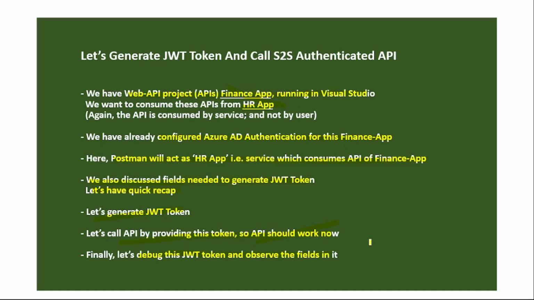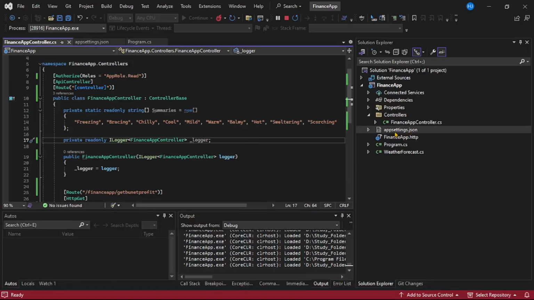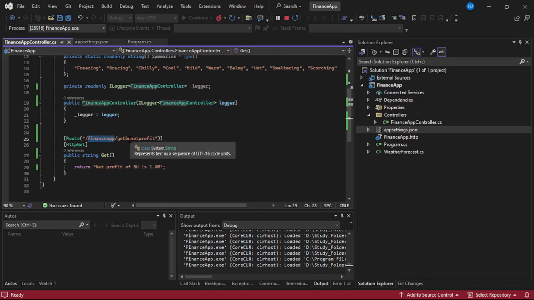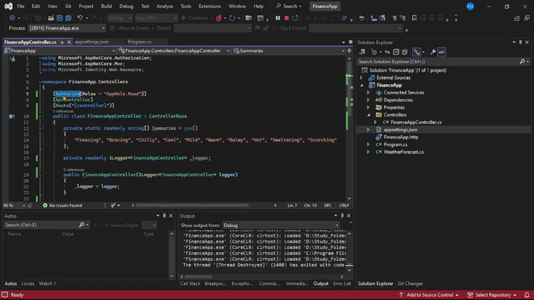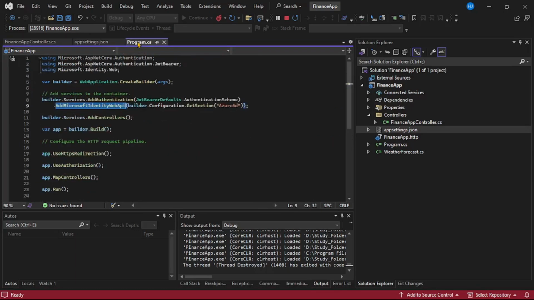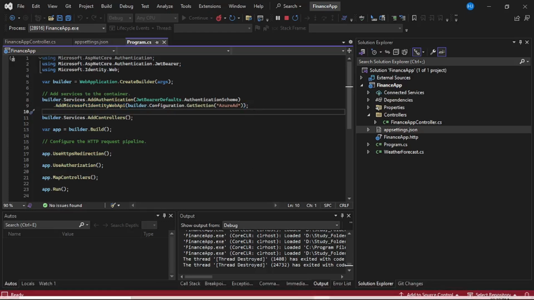Now let's first go to the Visual Studio. So guys, this is our web API project, that is finance app, and this is our API, finance app / get bu net profit, and here we are returning a simple hard coded string. But we have implemented Azure AD authentication over here, that is, if you go to this program.cs file, here we have said builder.services.add authentication, and it is Microsoft Identity authentication. So if we run this API,